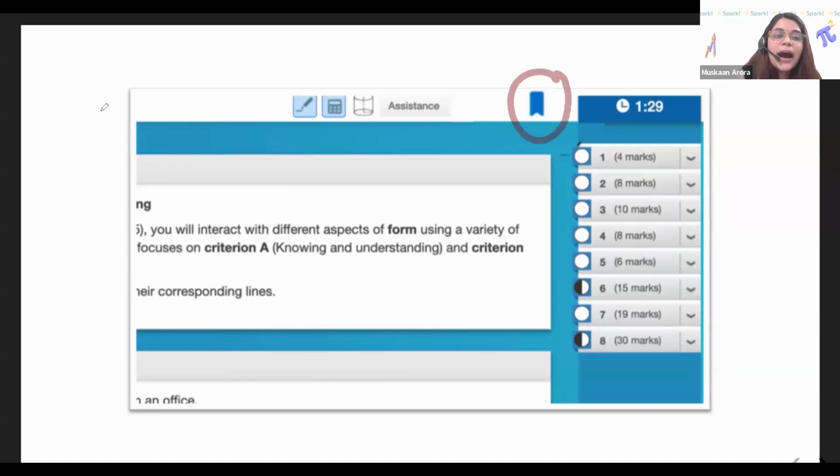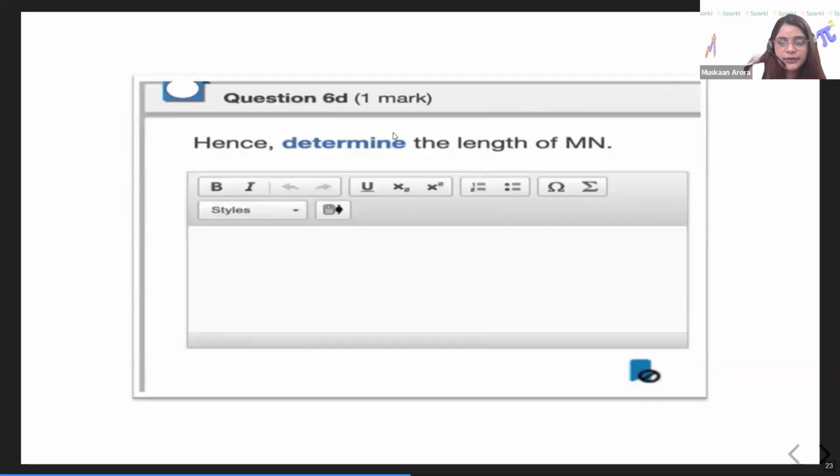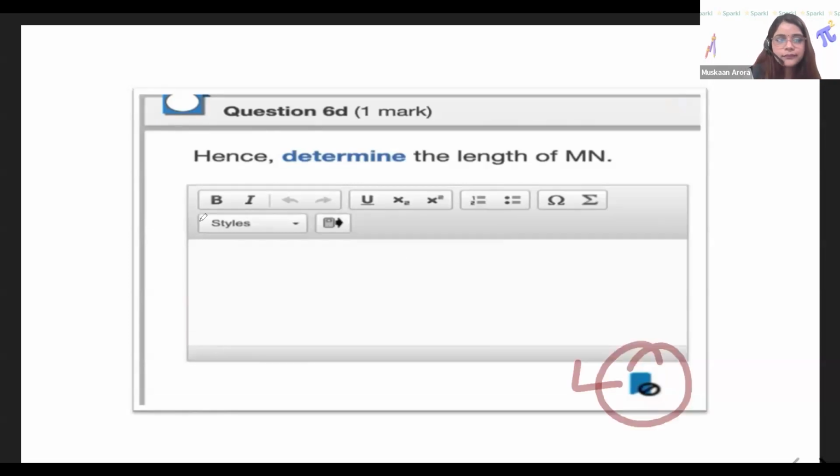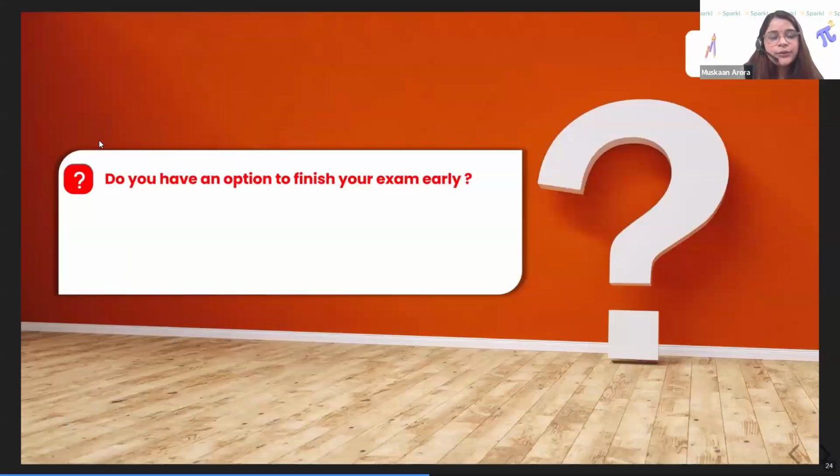We can also bookmark parts of the questions, right? It's not necessary that you have to bookmark the entire question. To bookmark the parts, we will see the bookmark option right next to each part of the question, the way you can see it over here, right? This thing over here. All right. Okay. So I think the e-assessment familiarization section is done. I would be happy to take your questions if you have any.